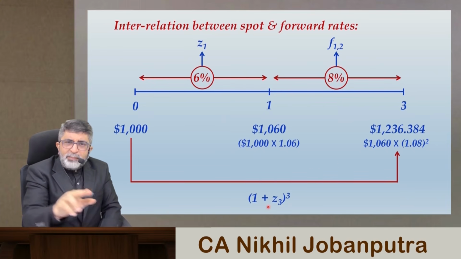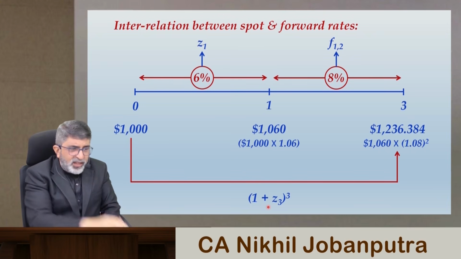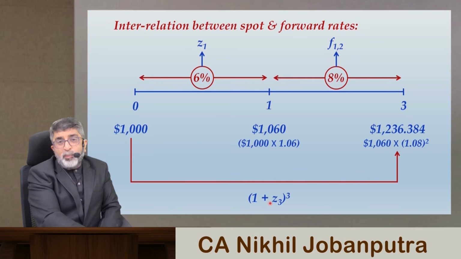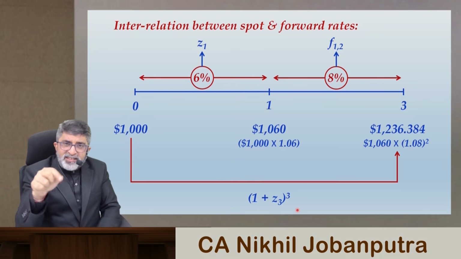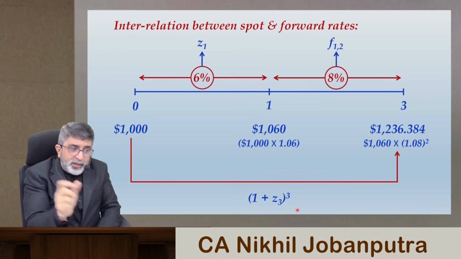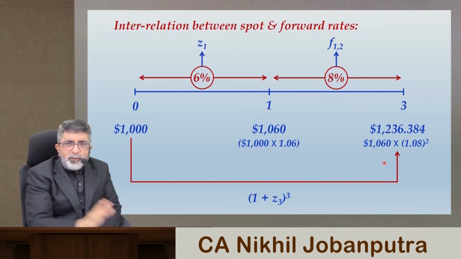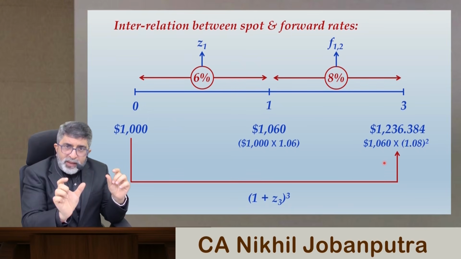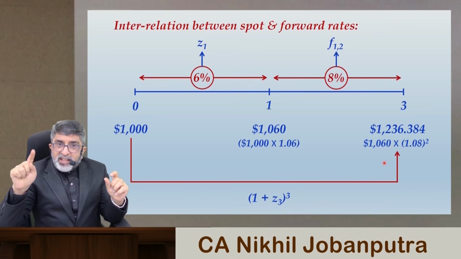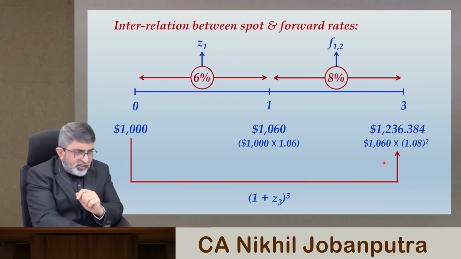This is 1 plus I raised to n. I over here is the spot rate for 3 years, symbolized as S3 or Z3. So 1 plus Z3 raised to n, n is 3 years, so 1 plus Z3 raised to 3. When that factor is multiplied to the present value, you will get the future value. So the equation gets formulated this way: $1000 into 1 plus Z3 raised to 3 should give you this value, that is